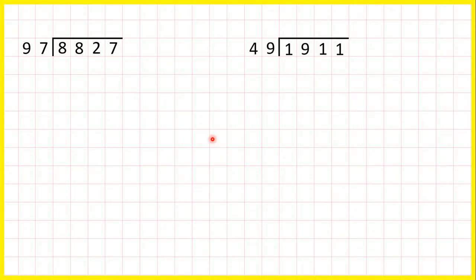So now we know the method for long division, but when I'm dividing, I don't always use the method. What I do instead is estimate and then adjust. So for this first question, we've got